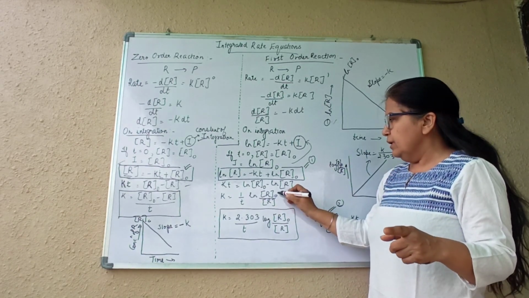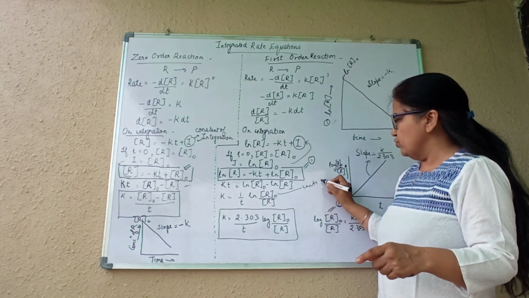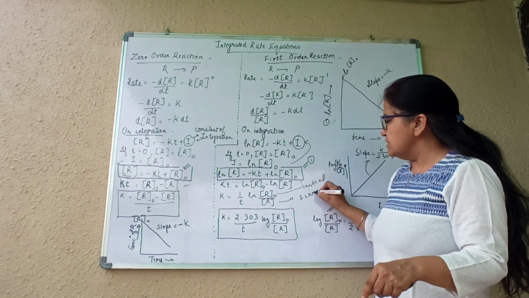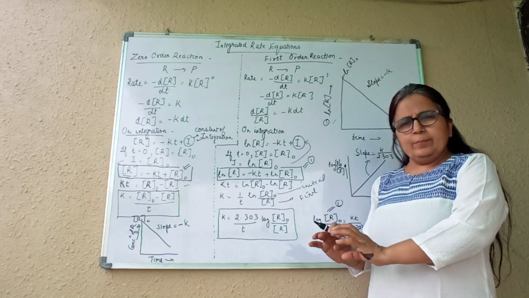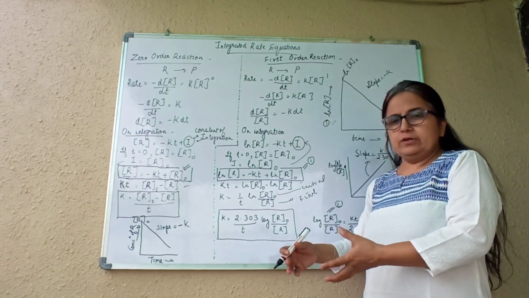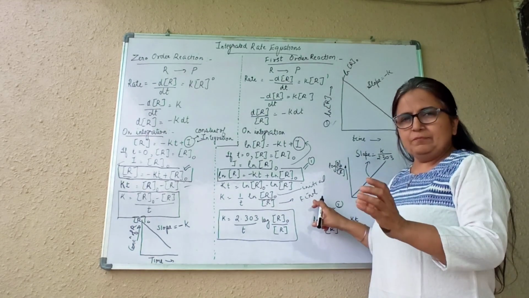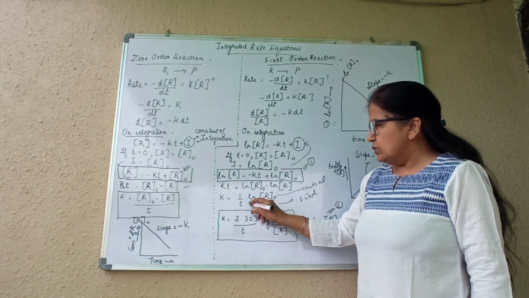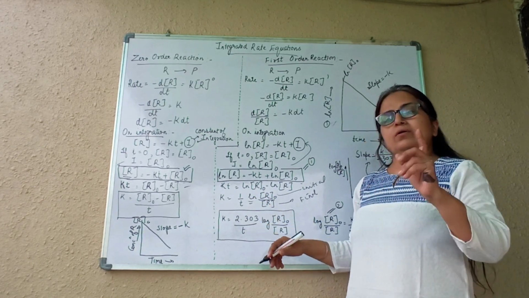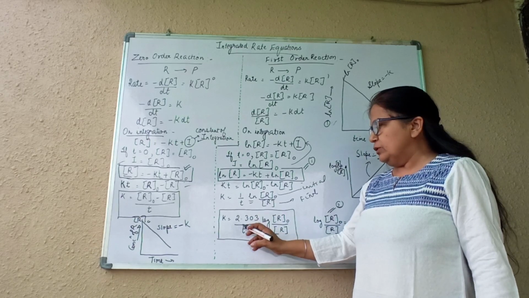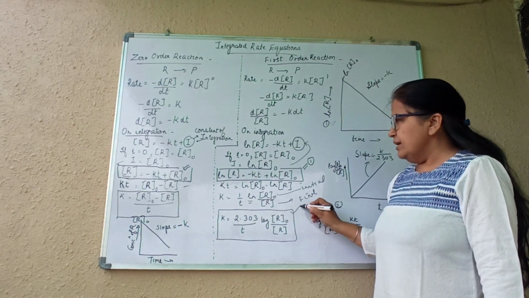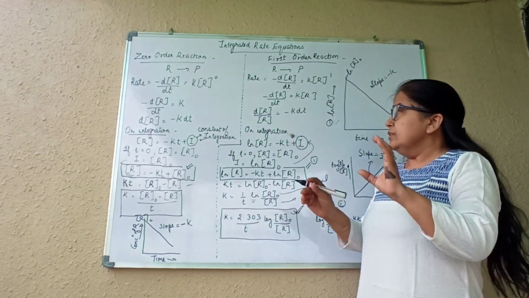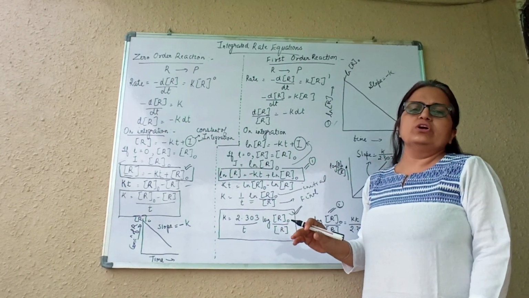What is my [R]0? That is the initial concentration. What is [R]? At that interval, it means the final. If I say 25% completion, what is left over? 30%, what is left over? This is final. At that time, what is left over is [R]. I may change this natural log ln into log to the base 10 by multiplying with 2.303. So basically, I will be using this equation for numericals. In our syllabus, we have the numericals based on first order reactions.